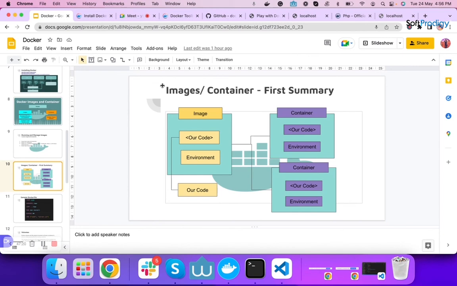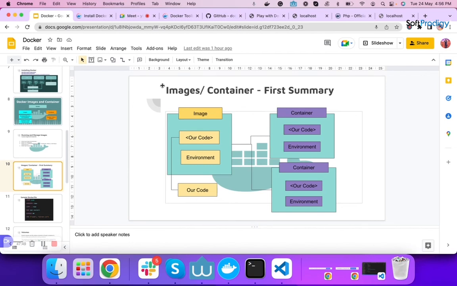So this is the summary of whatever I have covered in the previous slides. When we talk about an image, we have our code on our local system. Whenever an image is built, our code is entered into the image using the Dockerfile, and an environment to run that code is built according to our commands.